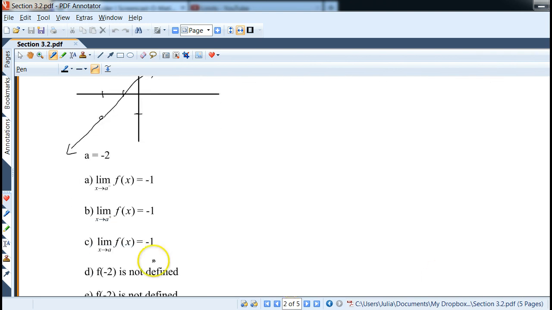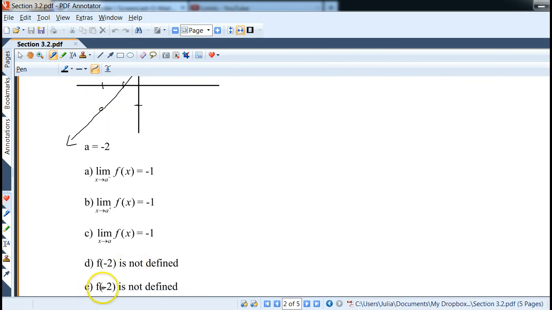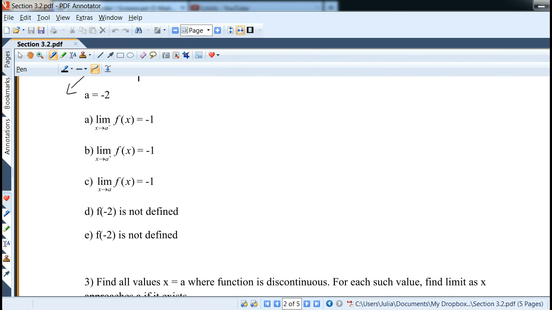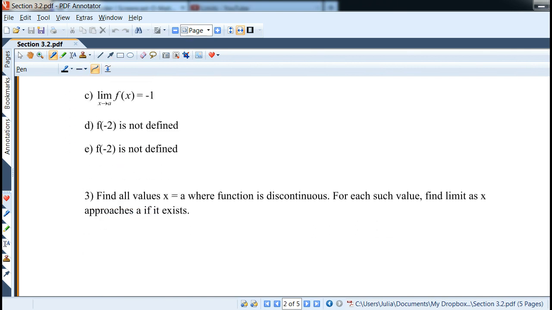But the problem is f of -2 is not defined. That's the very first condition. So the condition that's not satisfied is that f of -2 is not defined. Now let's take a look at